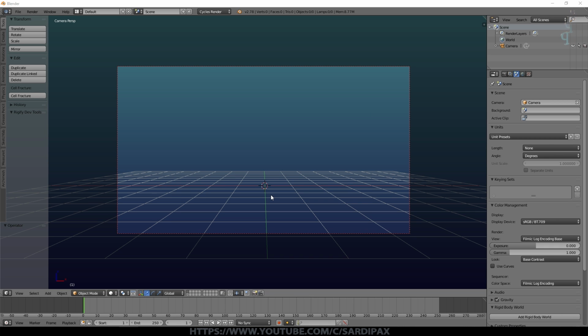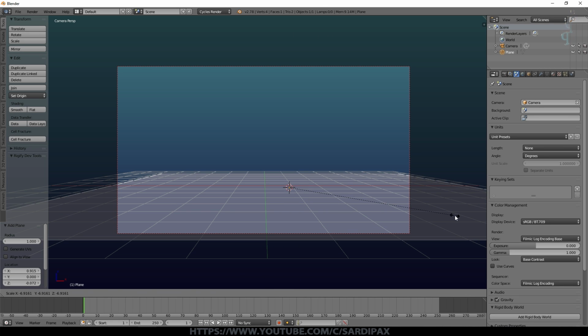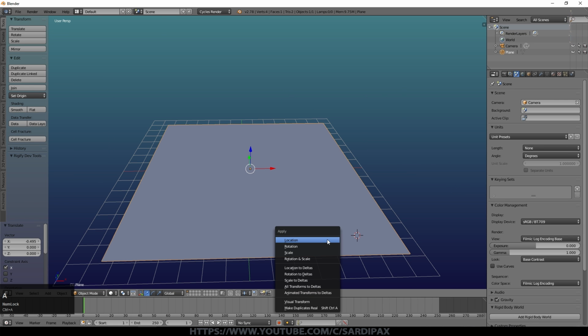So I'm not going to completely recreate that scene because that's quite processor intensive and that would be quite difficult to do while also recording a video. But I will show how each of the elements are created. So to begin with, let's just add a plane, scale it up, bring it up a little bit, and we'll press Ctrl A and apply rotation and scale.